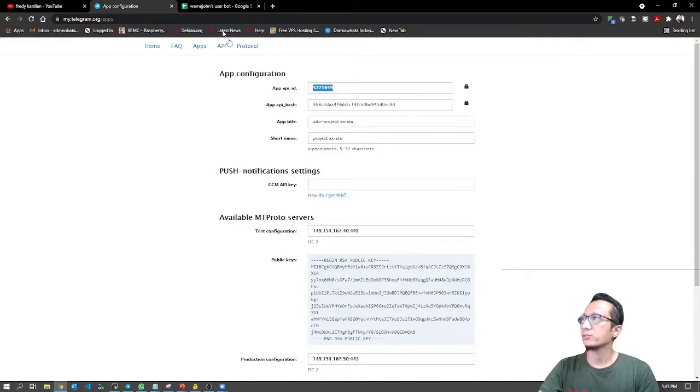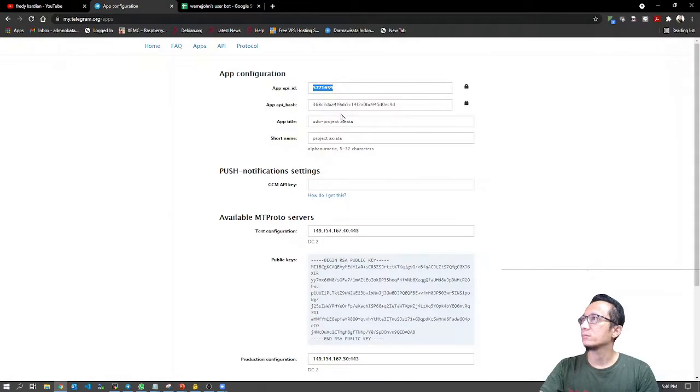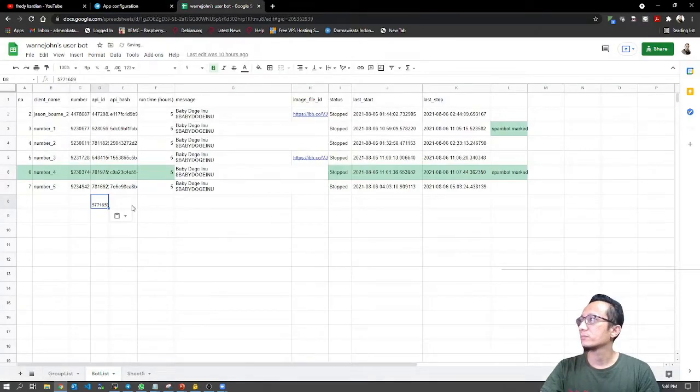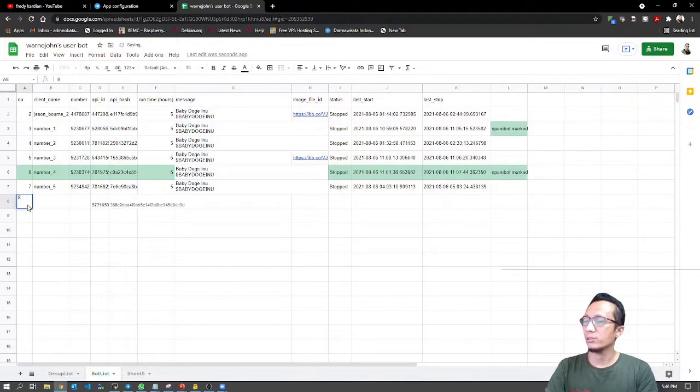Okay, I will copy the API ID right here, and then the API hash. I will just give this number because it is needed by the code.